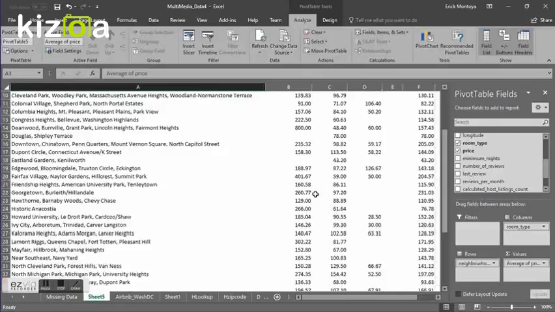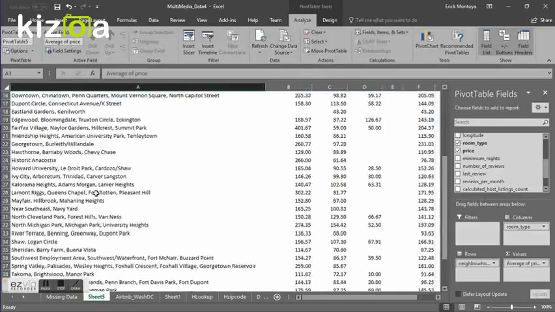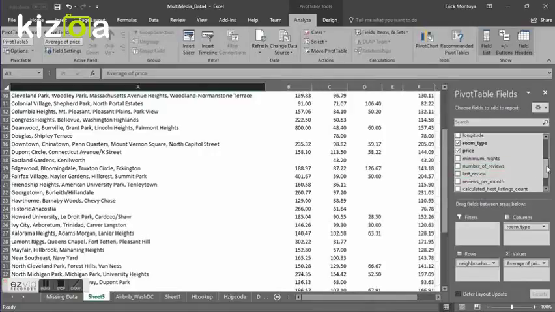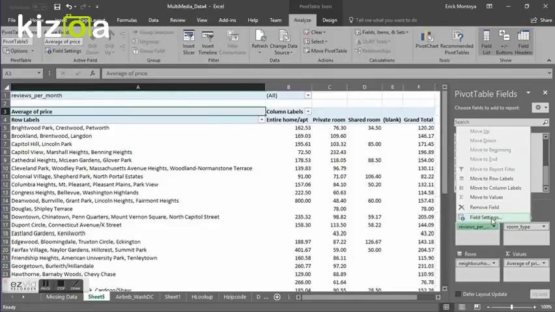So now we're going to add a filter so we can filter out unnecessary neighborhoods. So we're going to left click, hold, and drag reviews per month and drop it in the filters box. As you can see, it did not affect our pivot table yet because we still have to edit our filter. And by doing that, we're going to click on the small triangle next to reviews per month, go to field settings,